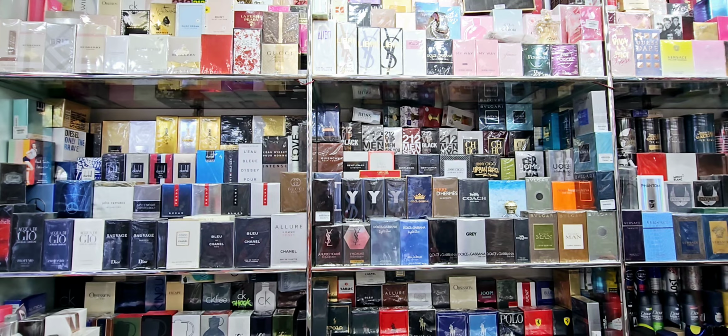This is from Maison Alhambra, Lattafa. Many of you asked me, Joy, if I buy this. I did not buy it because I do have a lot of clones of Sauvage, and this is exactly what it is. This is a clone of Dior Sauvage. It's called Salvo Intense. Many of you, I think, got it and are very happy with it. In India, and in Bangladesh, many people did try it, and they say it's definitely similar to Dior Sauvage